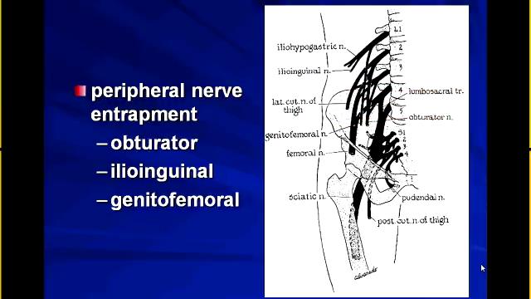Peripheral nerve entrapments. What's important about the obturator nerve is it mimics almost exactly an adductor tendinopathy. We learned in anatomy that the obturator nerve is a mixed nerve and it supplies sensation to the inside of the thigh. It's interesting, though, that when this nerve is entrapped, it's often not producing numbness or tingling in this area, which is why it's often misdiagnosed as being an adductor strain or an adductor tendinopathy, because it is a nerve